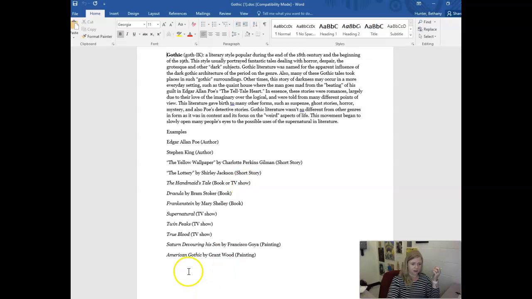Like, I know I've had a couple students do American Gothic, and they've talked a lot about that one. There's not quite so much about Saturn devouring his son, so kind of keep those things in your mind. But pick a piece. If you have any questions about it, always let me know. I hope this helps. Oh, and lastly, on your written summation, you don't have to have your works cited because you're going to put it on the presentation. If you put it on both, you're not going to get in trouble.